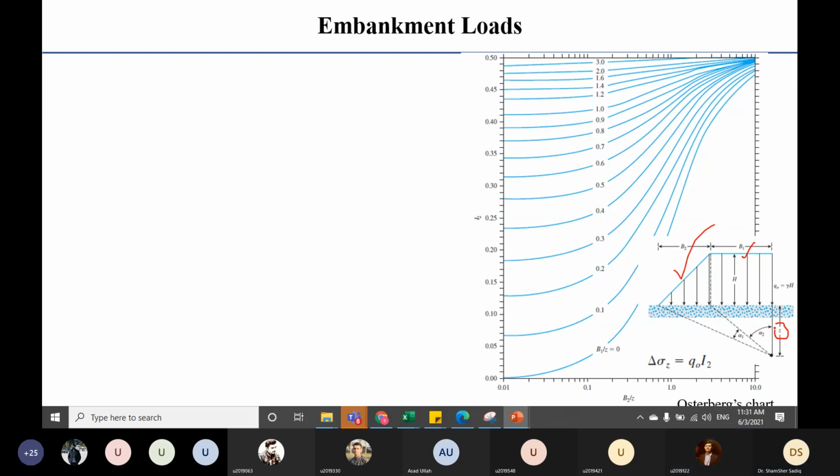सर ये हॉरिजेंटल एक्सेस सर, चार्ट के हॉरिजेंटल एक्सेस पे हमारे पास सर विड B2 एंड सर ये डेप्थ Z, अगर इसे हम डिवाइड करेंगे तो इससे हमारे पास एक वैल्यू आएगी, उसे हम इस लाइंस के कॉरिस्पॉन्डिंग फिर हम उसे ऊपर एक वर्टिकल लाइन ड्रा करेंगे, तो फिर हम उसे मैच करेंगे कि ये विड B1 डिवाइड बाय डेप्थ Z, ये जो लाइंस है सर इस पे कौन सी पॉइंट पे वो करिस्पॉन्ड करती है सर। तो जिस लाइन से भी वो क्रॉस करेगी हम उस लाइन की वैल्यू जो वर्टिकल एक्सेस पर है वो हमारे पास फिर I2 की वैल्यू आ जाती है सर उससे, तो हम फिर उसे इक्वेशन में यूज़ करके अपना स्ट्रेस कैलकुलेट कर सकते हैं सर।